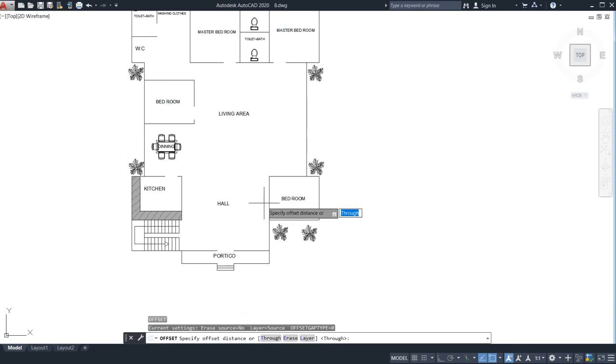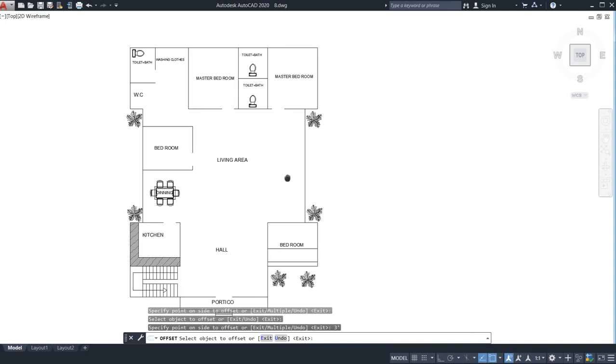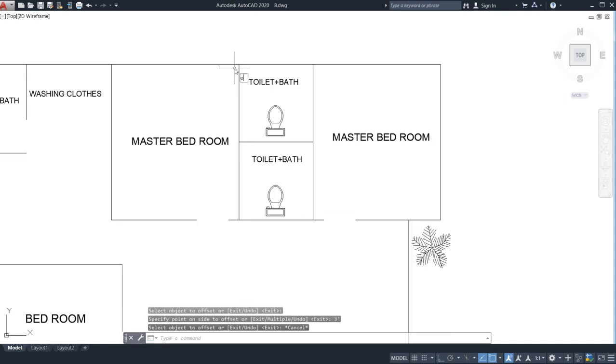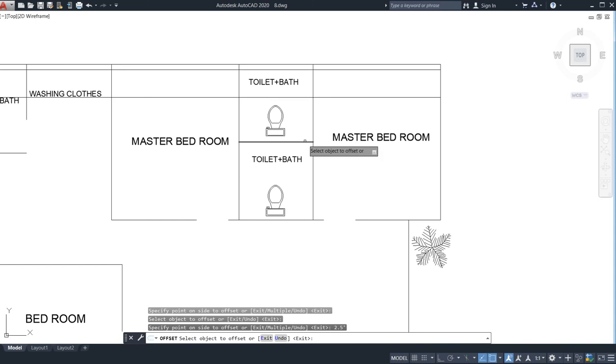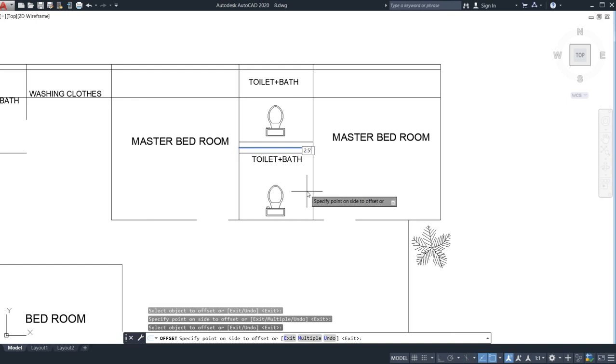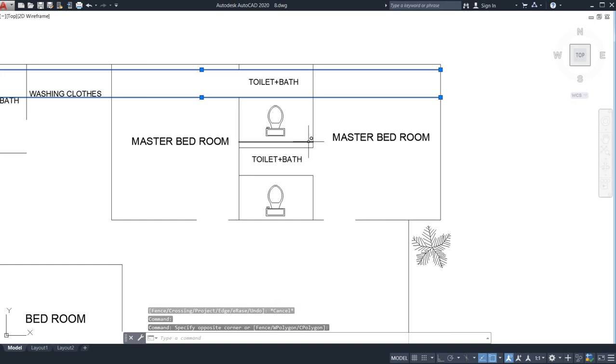So here also go for an offset of 1 foot, and then go for the 3 feet. After that, what you need to do, here also you need to go for 6 inches and then 2.5 feet. In the same way here also 6 inches and then 2.5 feet. So trim it here, here, and now select these both because now they are not useful. These extra lines should be deleted.